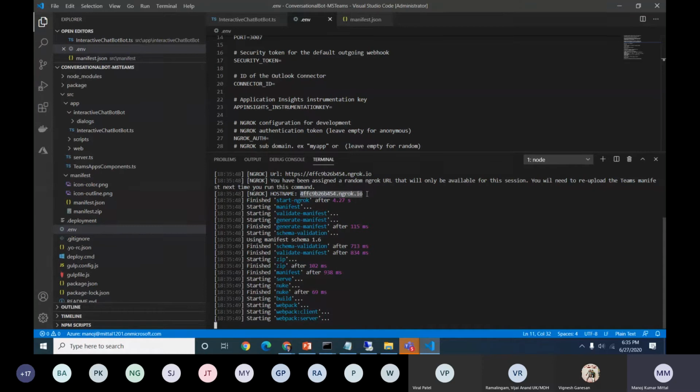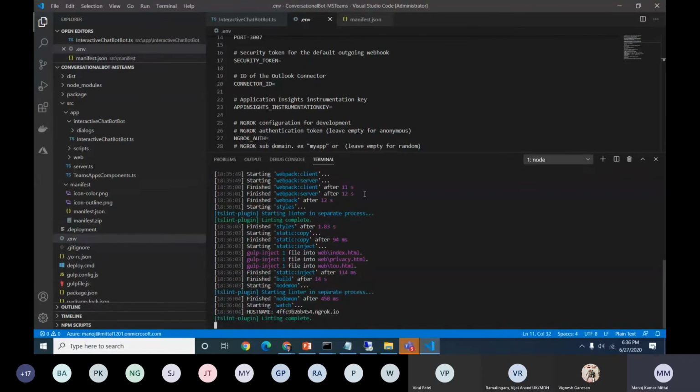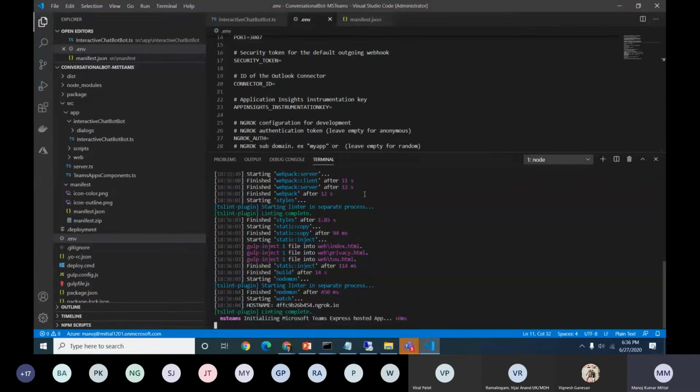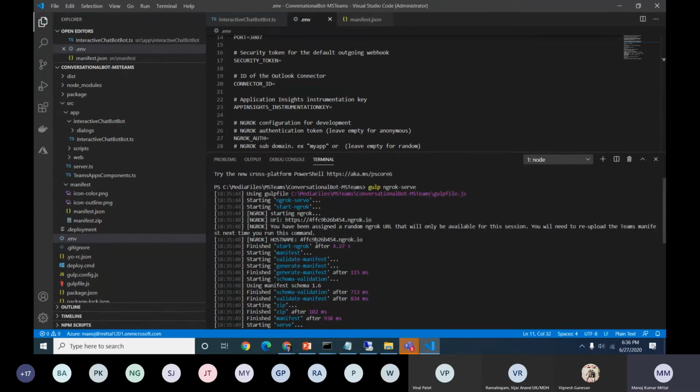With the help of this host name, we can debug our Teams app. You see in SharePoint also, when we are creating the SPFx framework, we can directly debug on localhost, but that is not the scenario with Teams, because Teams is on HTTPS and we can't directly debug on HTTP. So with the help of ngrok, we can securely transmit the path and debug instead of running on localhost. So this is the only way. If we need to debug any of the Teams activity, using ngrok we can debug all those activities. So let me take this subdomain.